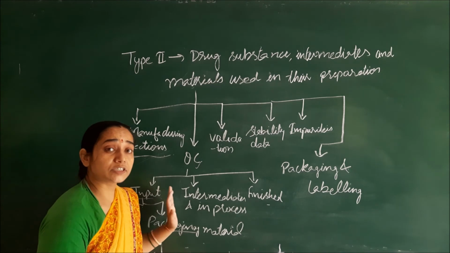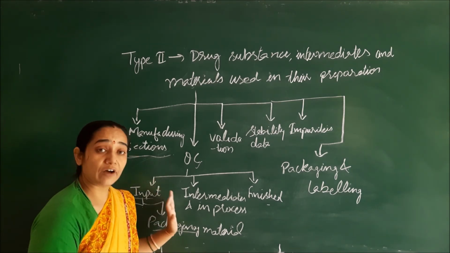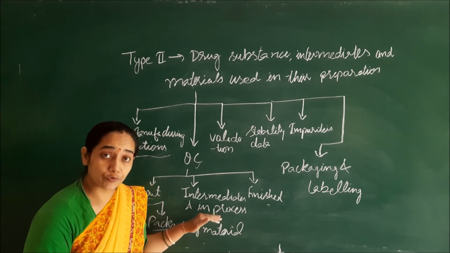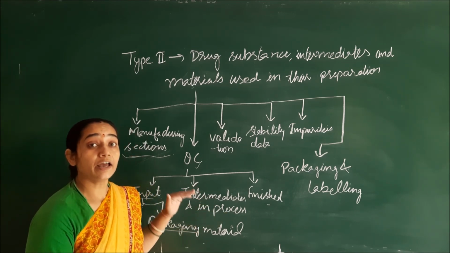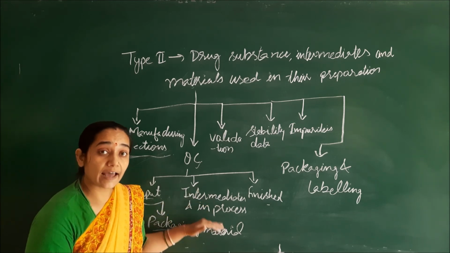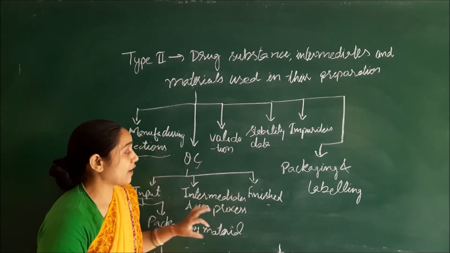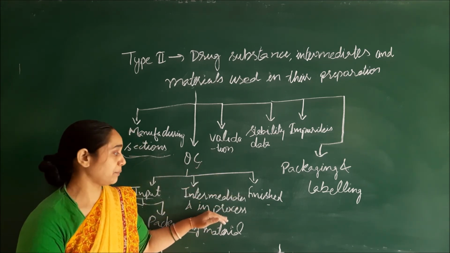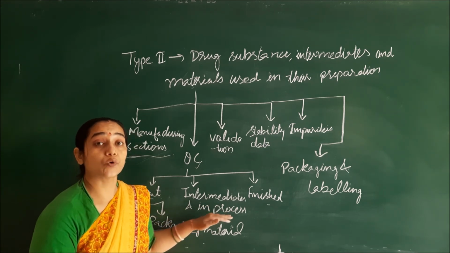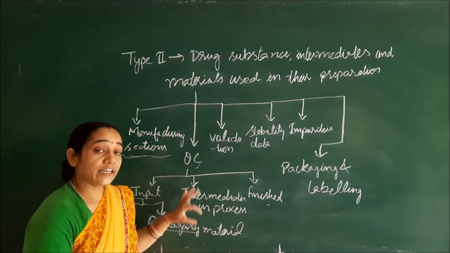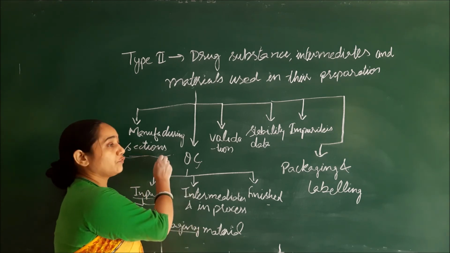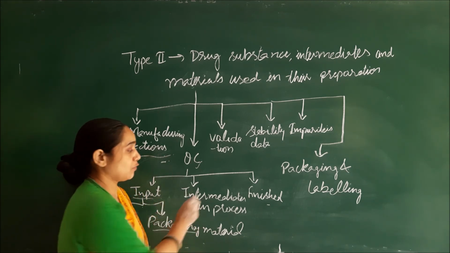Now, the intermediate component that is obtained was the granules, and those granules will be evaluated for whether they have a good flow property, whether they are uniformly dried, and whether they have the suitable size. Then all these things will be evaluated by the quality control department as intermediary processes for the evaluation. Once the intermediary product meets the specification, it will be used for the processing of the finished product.